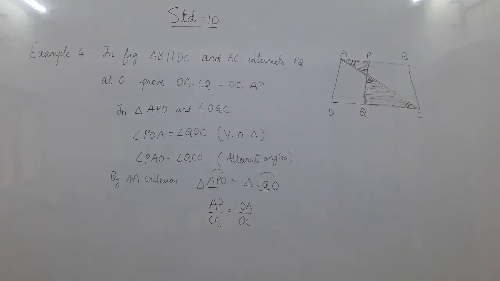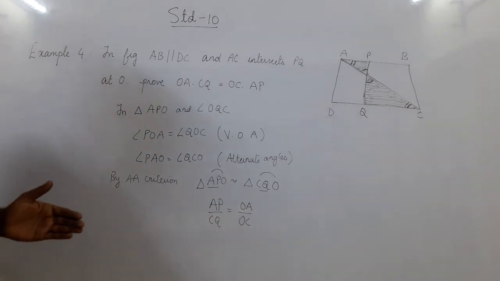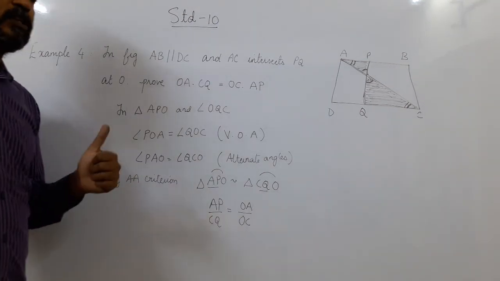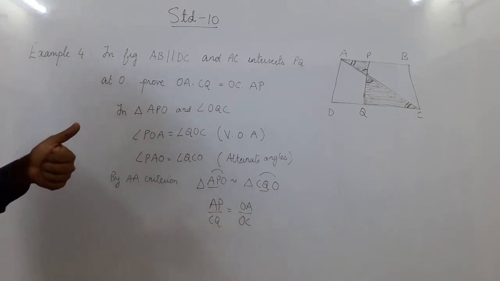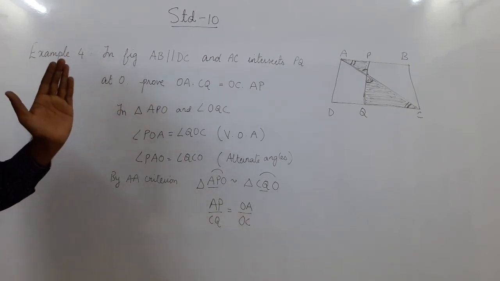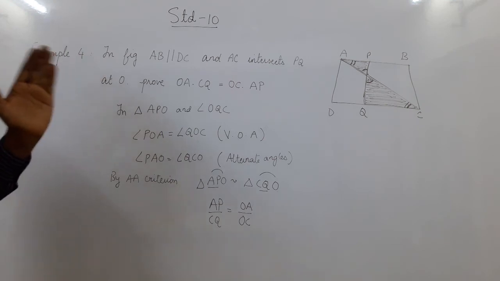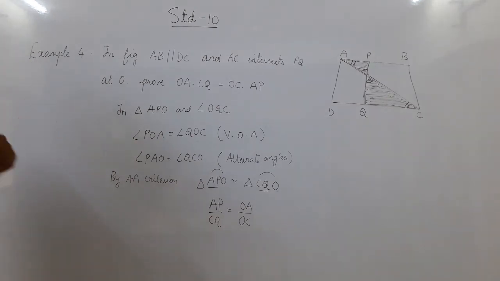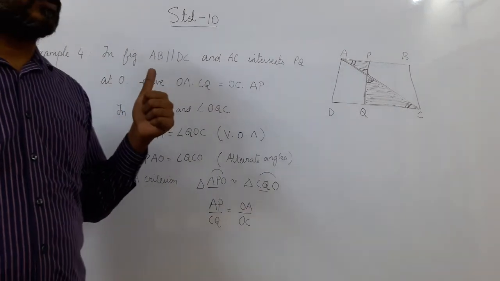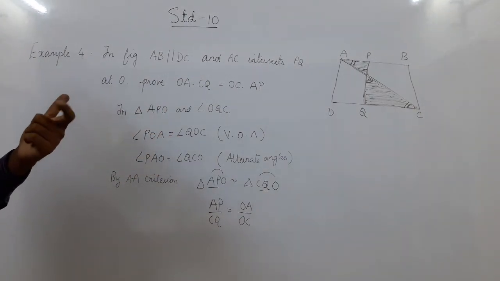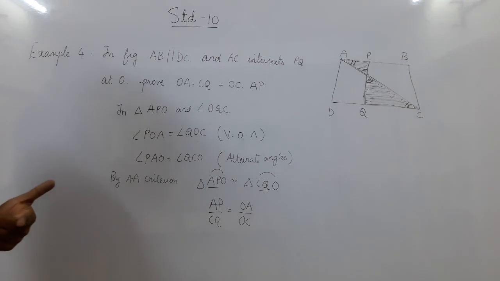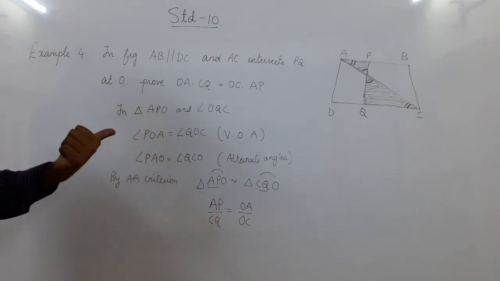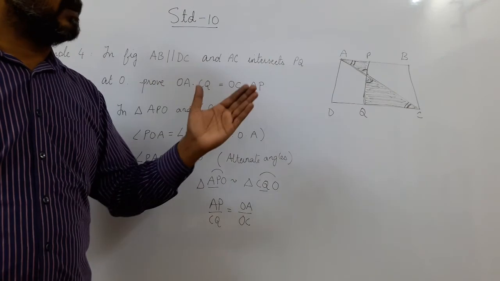So I am going to end the examples right now. I am going to give you a few sums based on these examples. Further in the chapter, we have to do two more things. To find the ratio of the areas of two triangles: if two triangles are similar, what can we say about their areas? Are their areas also in the same ratio? Are their perimeters in the same ratio? That we'll do in the next lecture. We also have to do the Pythagoras theorem and the converse of the Pythagoras theorem. You have been using the Pythagoras theorem for a very long time, but now we are going to prove it using similarity. But that will be in the next lecture.